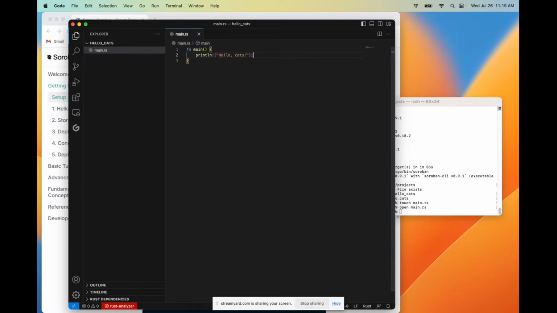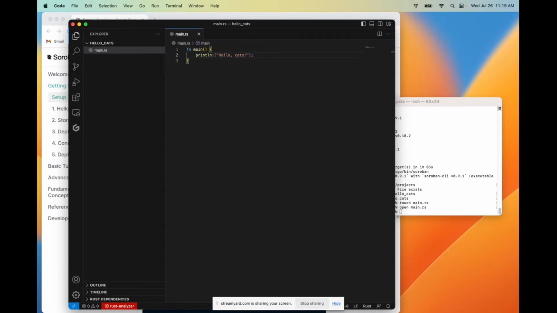Super simple, a couple lines of code. This is our first piece of Rust code that we have ever written. To walk through each piece of the syntax here, our first line of code declares a function, fn, which we're calling main. This main function does not take any parameters. If it did, they would go inside the parentheses.